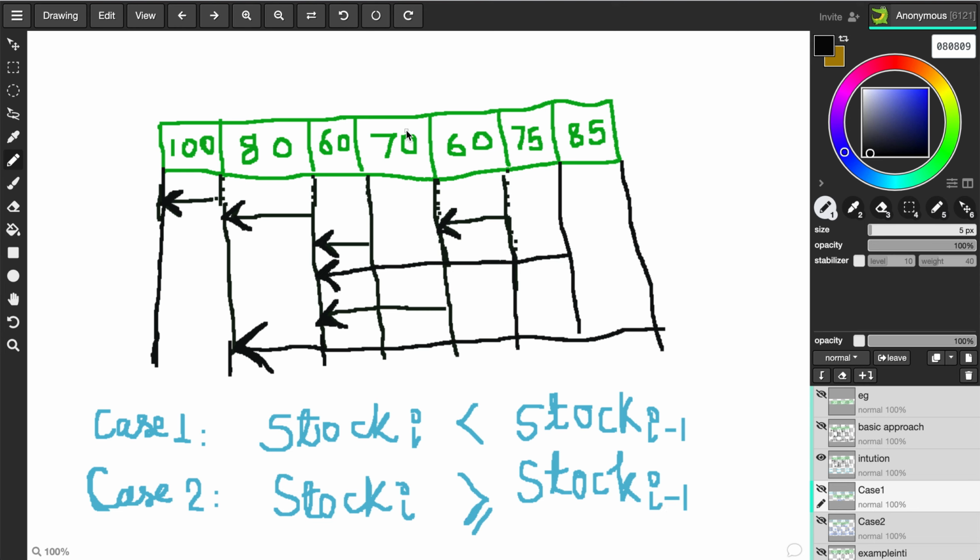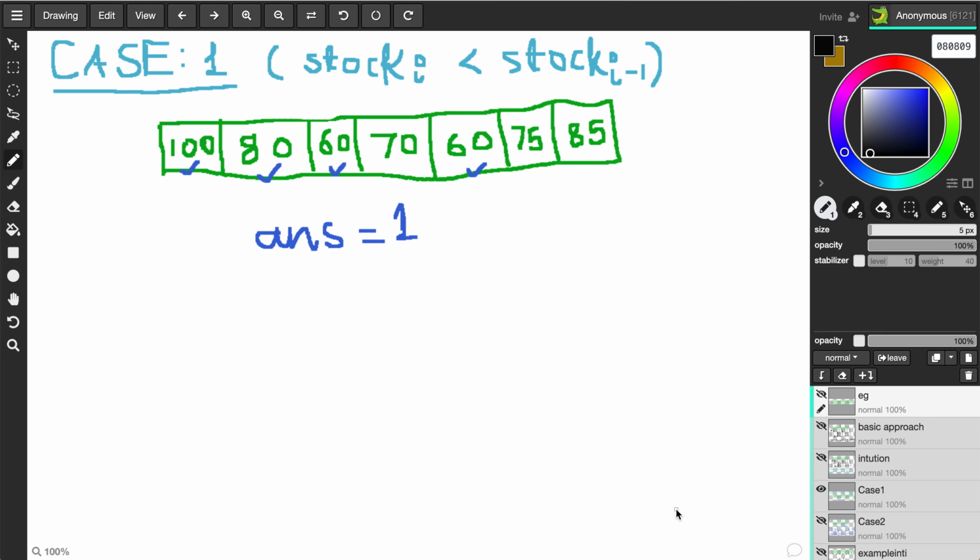As we can see, what we were doing previously is that for each element we were comparing its previous elements. So there can be two cases: the previous element is greater than the current element, or the previous element was equal to or less than the current element. Let's talk about these two cases in detail. For case 1, the answer seems to be pretty straightforward. What happens when we see a stock on the current day which is smaller than the stock on the previous day? That means we cannot move further backwards, so the answer here would always be 1.